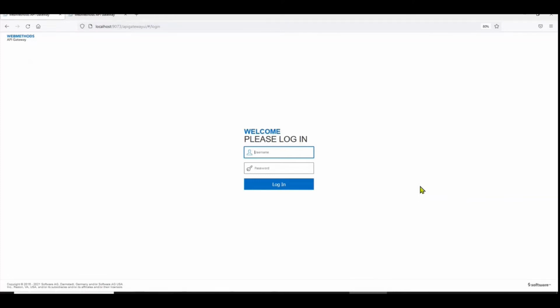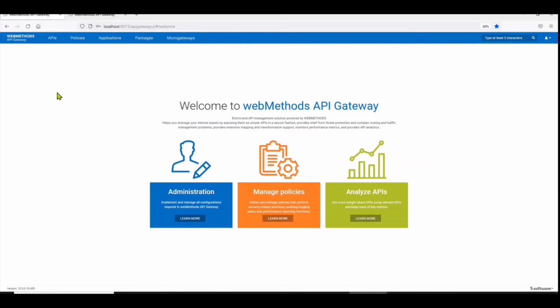Okay, so in today's video, we'll have a look at how to authenticate or protect an API with a simple API key. This is just a simple means of protecting your native APIs. So to start off, I'll log in onto the management console of the API gateway. Although there are various means in which you can protect your native APIs, I'm going to start with a simple form of protecting your APIs.